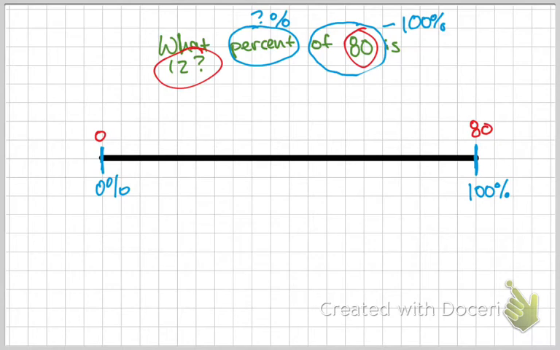I also know right away that 0% is going to be 0, so I can fill that in as well. Now my goal is to find where that 12 is going to go on the top of this percent ruler. And there are so many different ways that you can find that value. I'm going to show you one, and as we work through our other problems, I'll show you a few more,